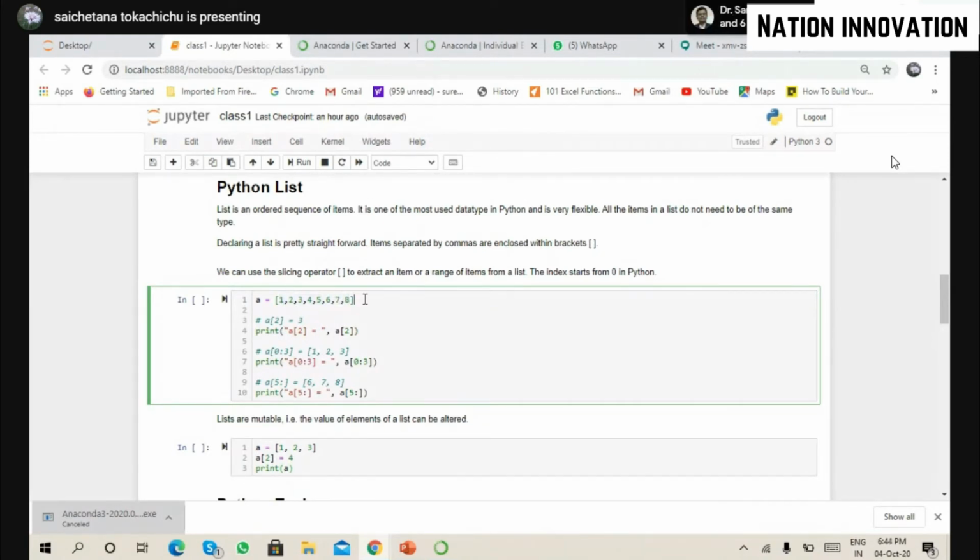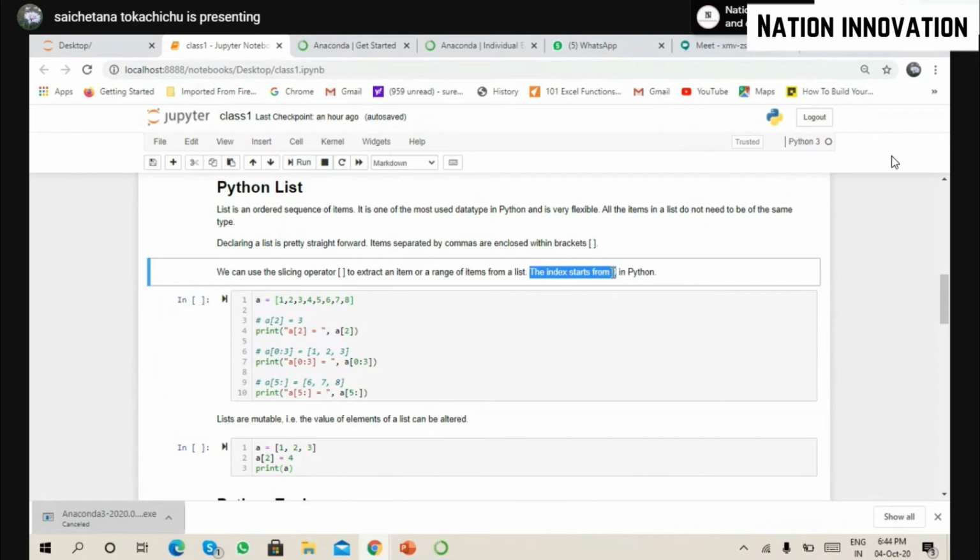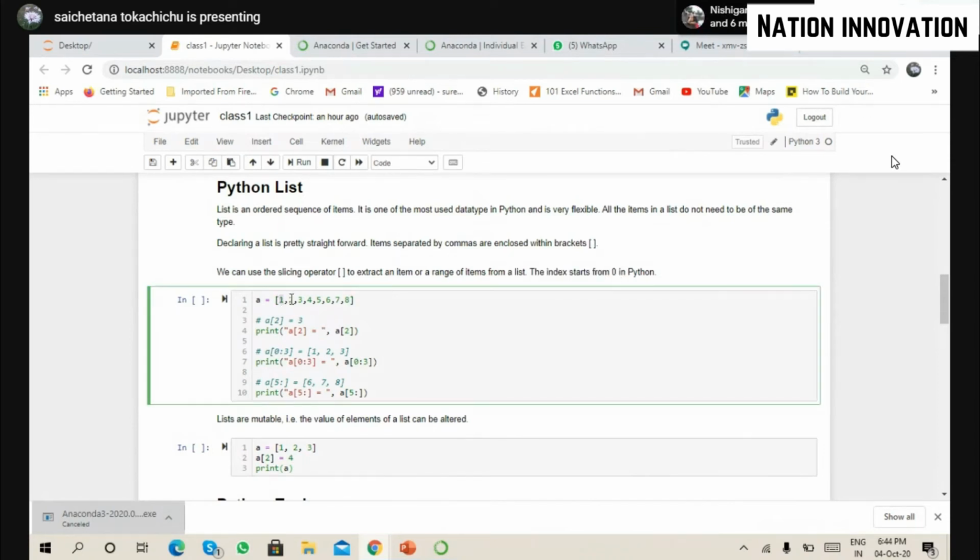If it is in order, obviously we can extract a particular item from the list because we know its order. So how do we get the position? A list always starts with the number zero. So let's say our 2. In which position is 2? It is not in the second position. It is in the first position. Why? 0, 1. Right. So I want to know what is the position of 6. So what is the position of 6?